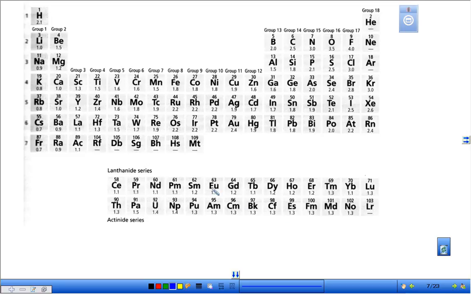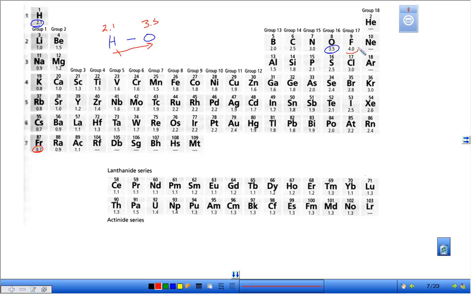Okay, looking at electronegativities really quickly, you'll notice on this chart, hydrogen has an electronegativity of 2.1 and the oxygen has an electronegativity of 3.5. So if we're just bonding these two together, and we're not worrying about the other hydrogen, this is our 2.1 and this is 3.5. What that tells us is which one has the greater amount of attraction, and so we get this movement of electrons towards that oxygen. If you look in the periodic table, the one with the lowest electronegativity is francium down here at the bottom, at 0.7,